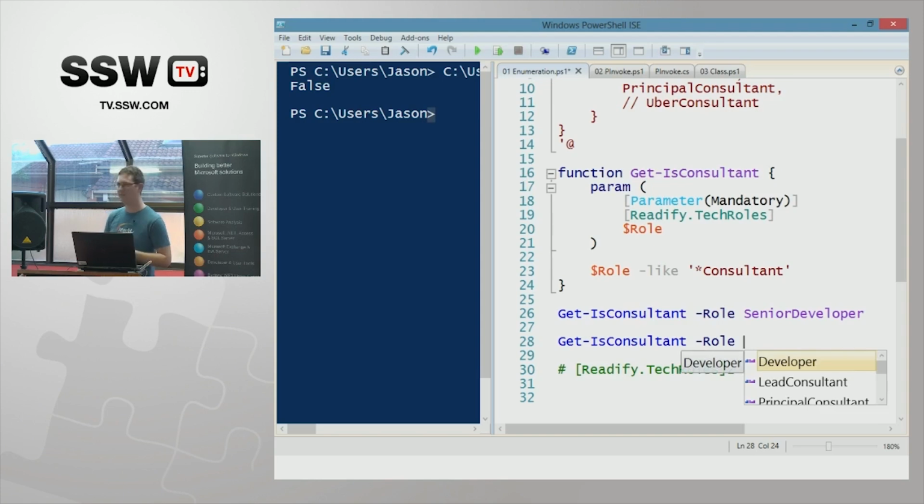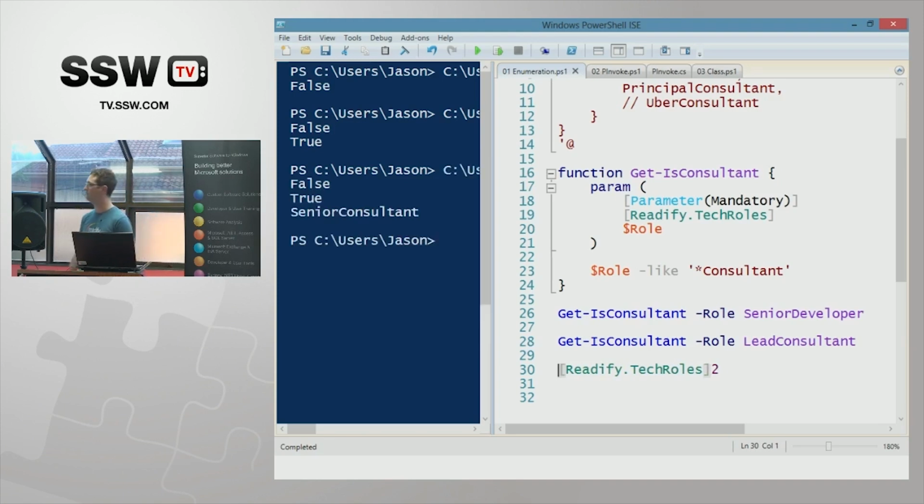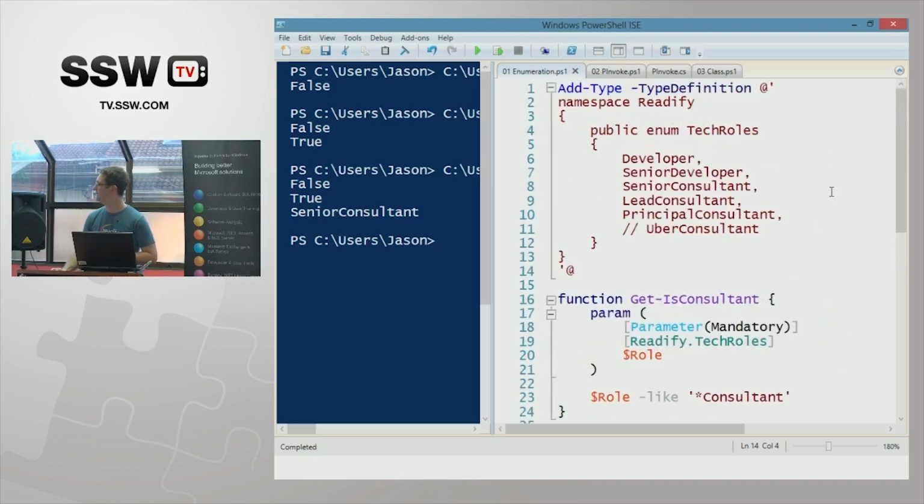So here's our lovely IntelliSense in the V3 ISE, and because of the enum, I'm now getting all that completion. So I can go, yep, lead consultant, there we go. And now I get false, true, because there was. And of course, you can use it for casting. So I'm just going to take index 2, and we get back senior consultant. Lovely. One of the interesting things that is going on here is that every time I'm running this script, it's